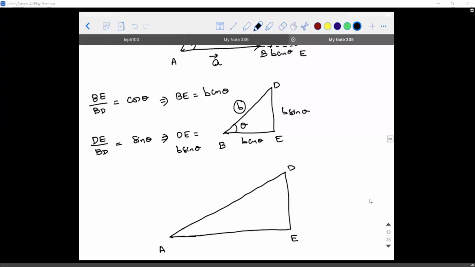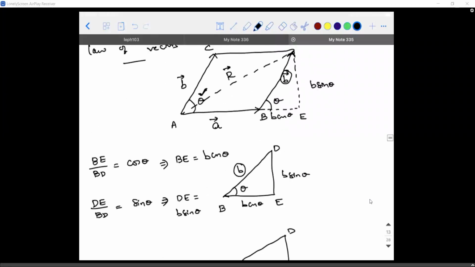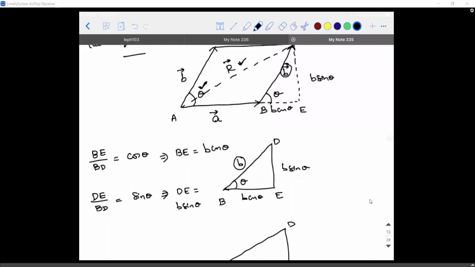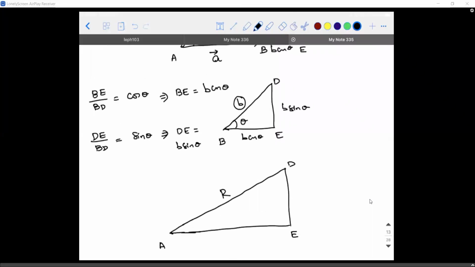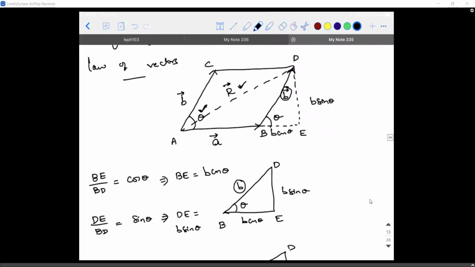Yes, sir. Okay. So there are two right angle triangles, you told me. One of the right angle triangles I used to apply trigonometry and find the distances. But since our job is to find the length of R, using the other right angle triangle, there are two important things, guys. Whenever you see a right angle triangle, one is trigonometry, and there is another important theorem that keeps coming to our mind. What is it? Pythagoras theorem. If you apply the Pythagoras theorem, you are going to get the value of the resultant AD.